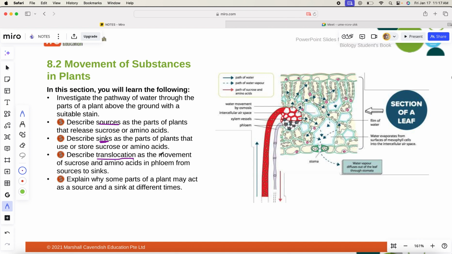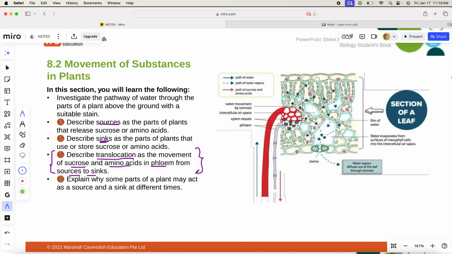Okay, we're going to learn the meaning of translocation as the movement of sucrose and amino acid in the phloem from source to sink. This is the definition of translocation. The movement of sucrose and amino acid. Remember, these are the manufactured food, organic substances, the transportation of sucrose and amino acid in the phloem tube from the